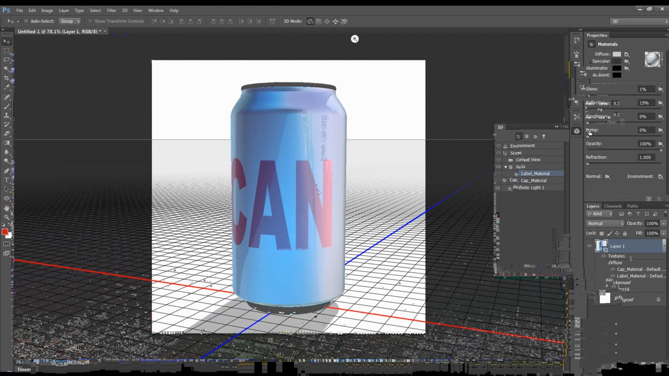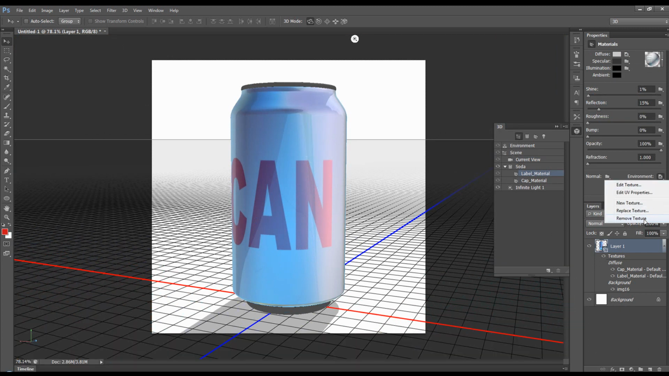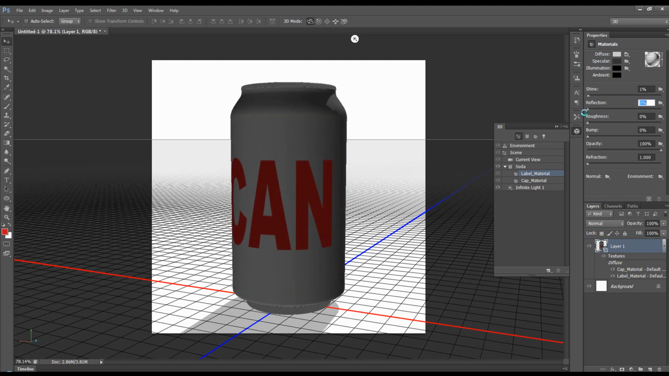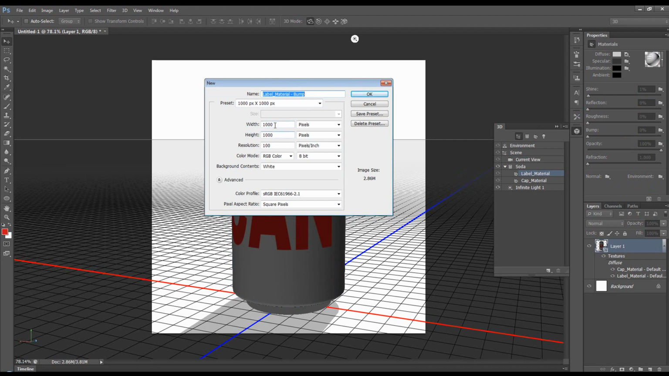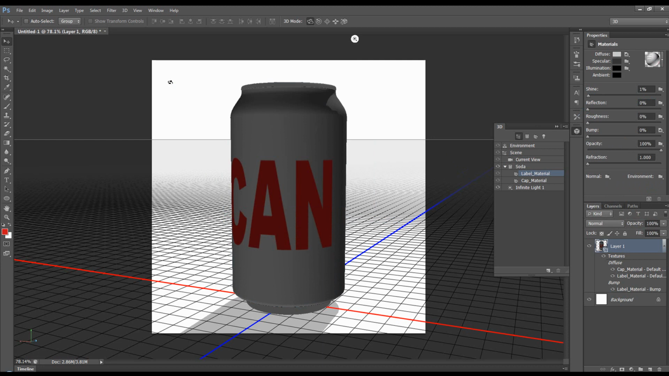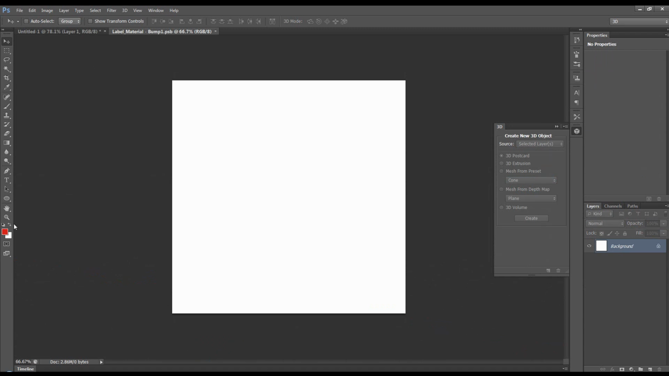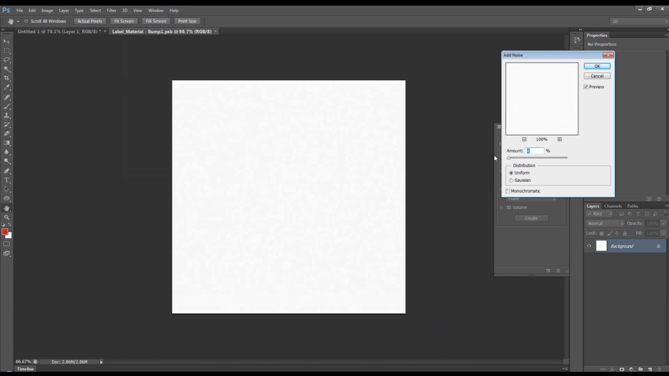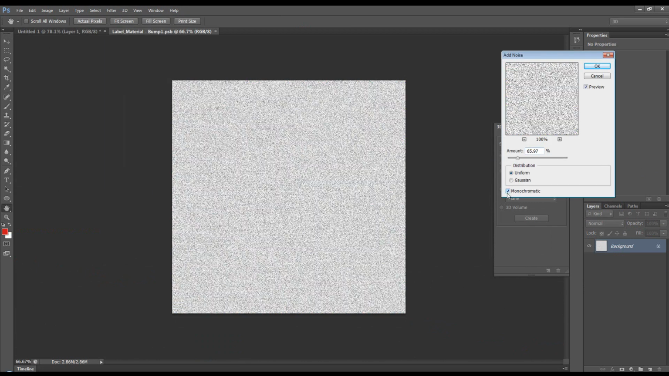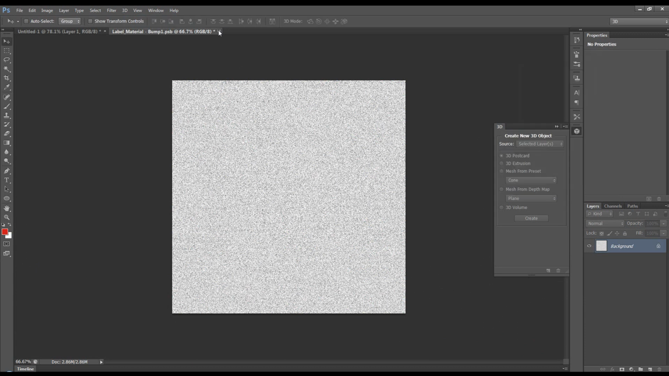You can also add bump maps, so I'll show you what that is. Let's remove our environment and take our reflection down, come to the bump, and this time we're going to go new texture, make sure it's the same size as our document, 1000 by 1000, click OK, and then we're going to come to bump and go to edit texture, and then to this I'm going to go filter, noise, add noise, make it monochromatic, so black and white,